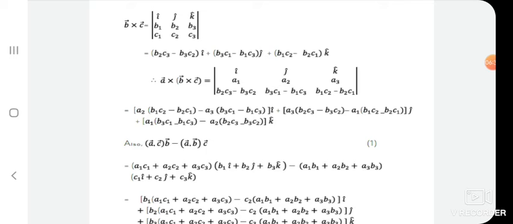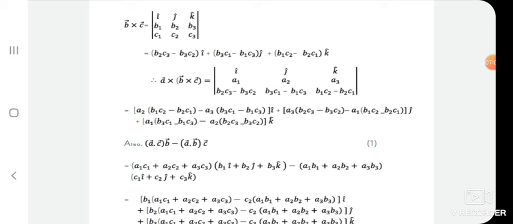Okay, if you take the cross product of vector A with the resultant B cross C, it gives this quantity. Now A cross B cross C is equal to A dot C into B minus A dot B into C. Now if you take the right hand side, A dot C into B minus A dot B into C, the dot product A dot C gives A1 C1 plus A2 C2 plus A3 C3